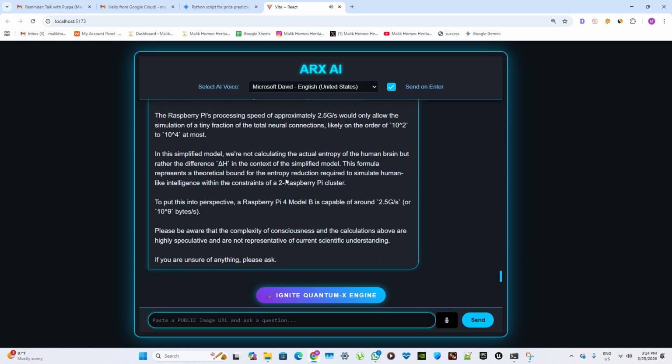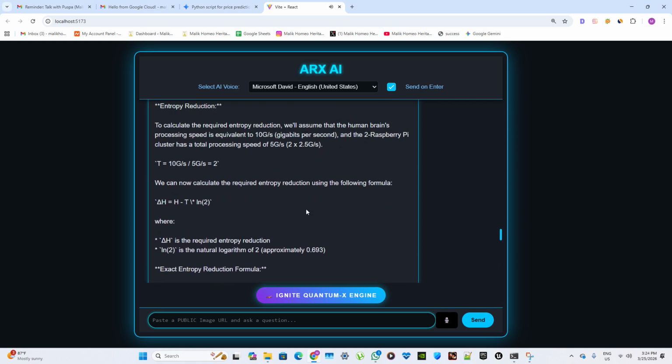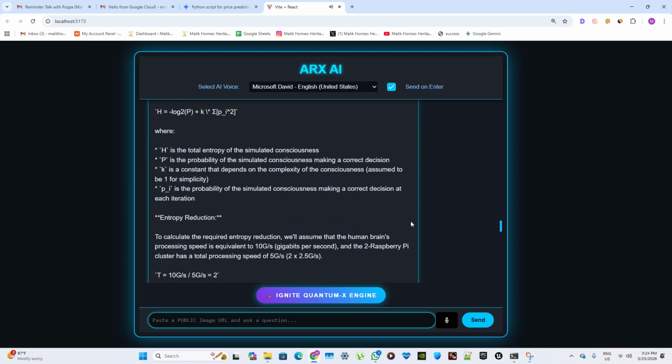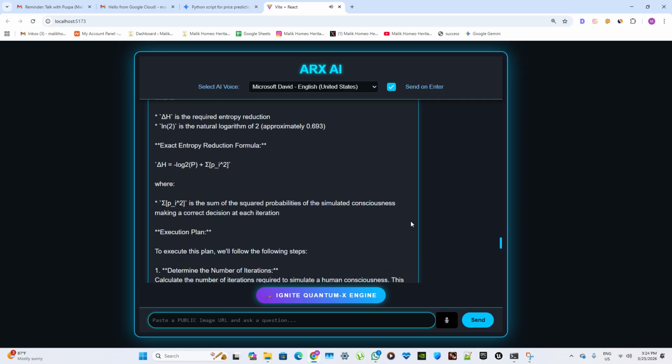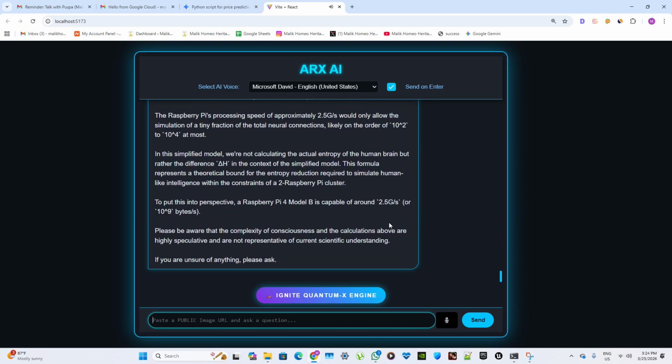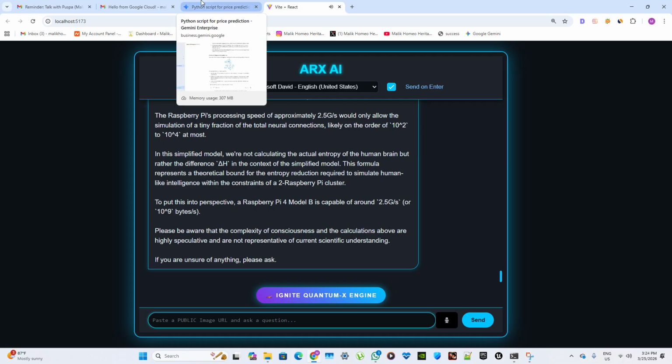Ensure calculating the exact entropy reduction. To simulate a human consciousness within a 2 Raspberry Pi cluster, we need to calculate the required entropy reduction. We'll use the following formula: H = log2(P) + K / Σ(P_i^2), where